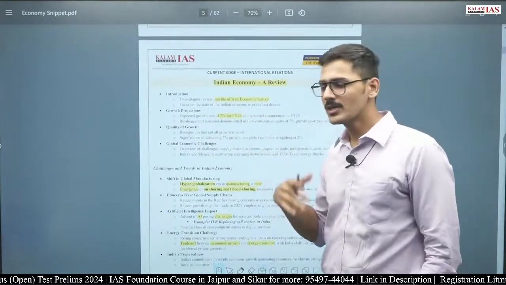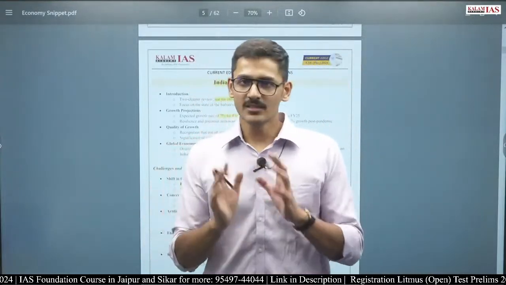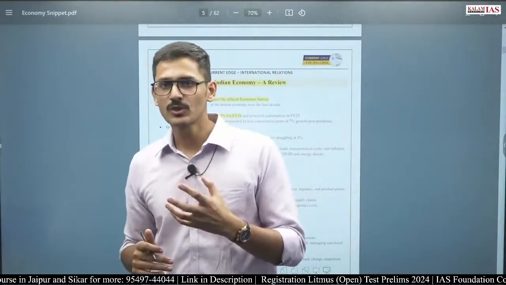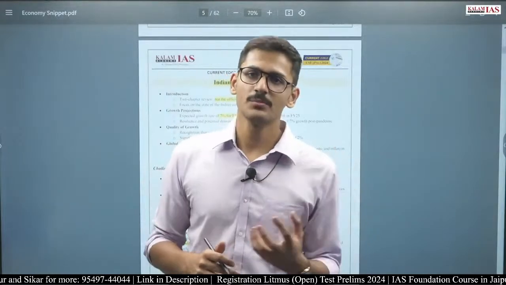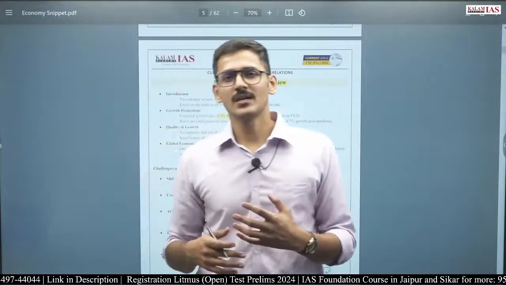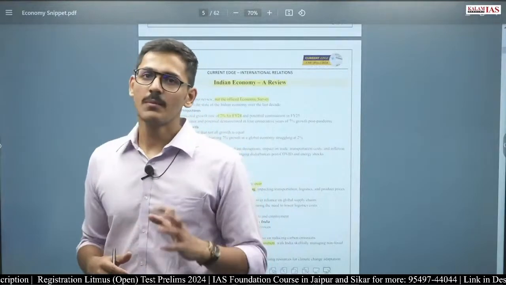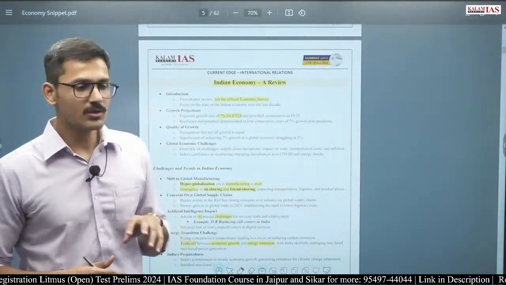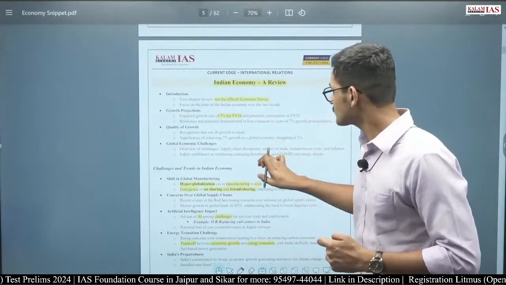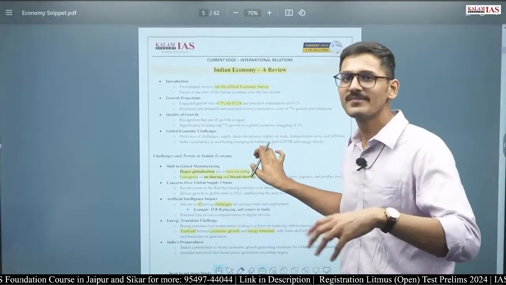Now our approach in this document is that we will just look at the key terms and the trends, because UPSC is not going to ask any factual question from this document, Indian Economy Review. First of all, it is not a very important document, and second, we have analyzed the previous year questions and seen that about 80 to 81% of the questions in economy are conceptual in nature and not factual. So we are going to look at different terms, different concepts and different trends.